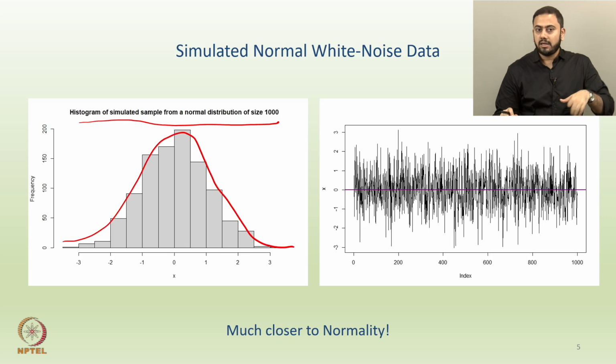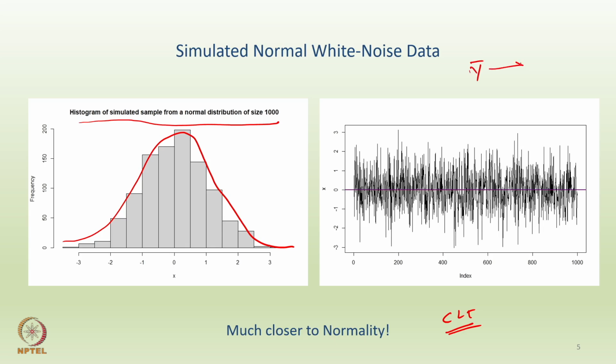So the idea is that if the sample size is large, the underlying distribution would tend to a normal distribution, okay. And here I think many of you might have studied the idea of CLT. CLT is the central limit theorem, right. So what does the CLT tell us? CLT tells us that the sample average converges to the population average if you have a large sample. By large sample we mean that n should be at least 30, right. And if you have an even larger sample, then the sample average converges to the population average. So my y bar would actually converge to the corresponding population mean, okay.